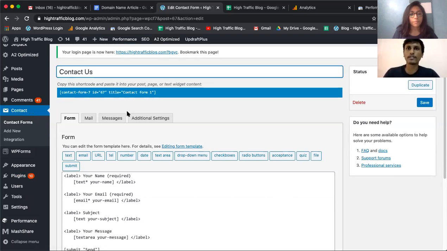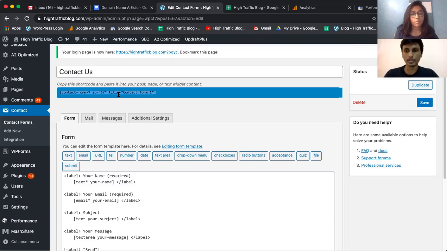So usually with contact forms and other functionalities, WordPress doesn't give you an option to do it in the front end editor. It's always in the back end editor, and they'll give you a short code for it. And this is the short code here. You can see square brackets, and it says contact form 7 ID, title, contact form, and all of that. So you'll have to drop this short code inside the page text editor, and only then when you update the page and view it from the front end, you will be able to see the form. You will not get to see it at the back end.